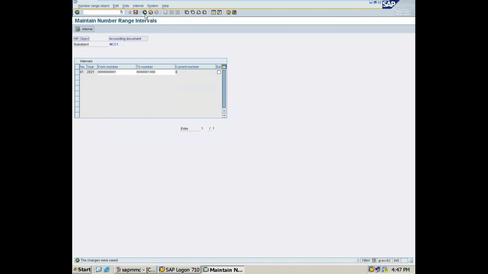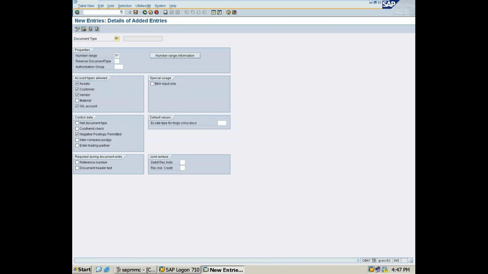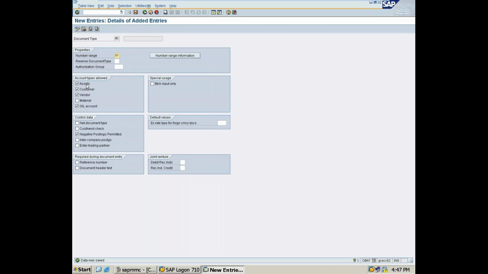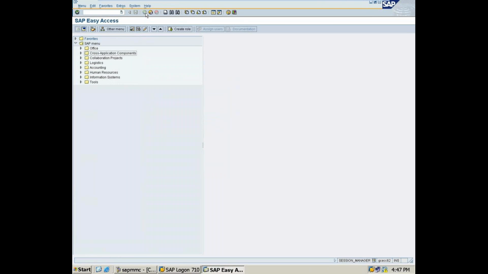So come back to the document type. This document type also you should save. So then back. Now 1 to 100 has been completed. Like a 1 to 100 transaction is done, or 1 to 1000 is done, and I want to increase the number ranges. For that, I have also given you the define number ranges in SAP.